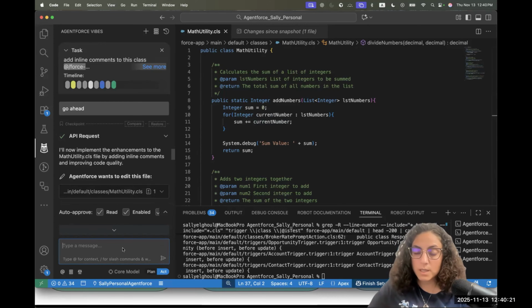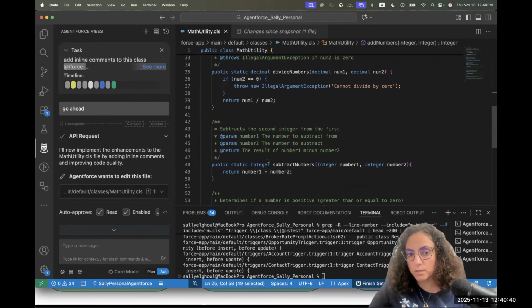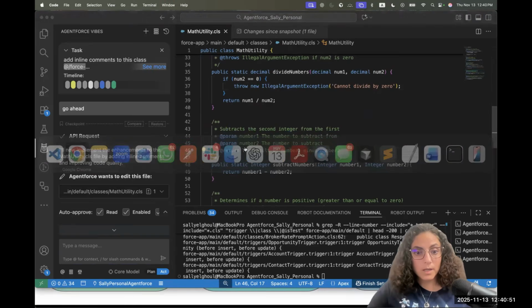So sometimes we can be more specific, or if we notice that it didn't do what we want from the first go, we can add instruction or update, like I can ask it to add them. But most probably it didn't add it because methods are very simple here. It's one or two lines, so there is no need to add comments before the method and within the method too. It was enough just the comments before the methods. So again,